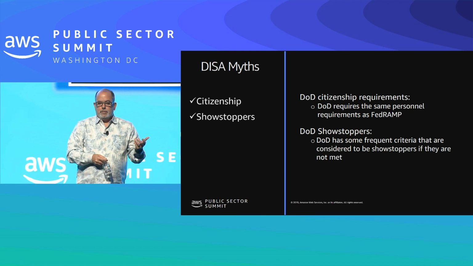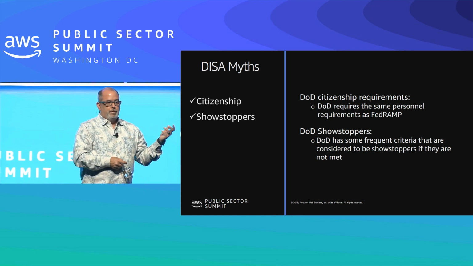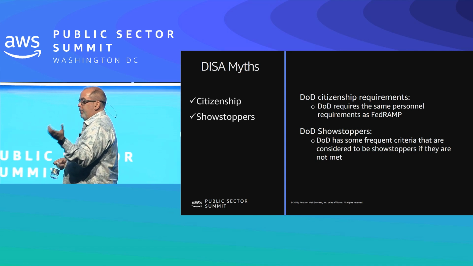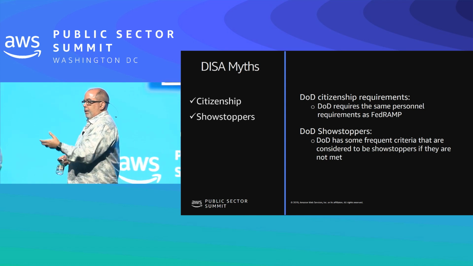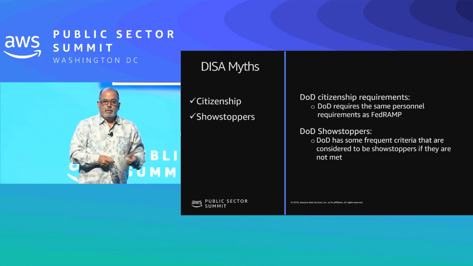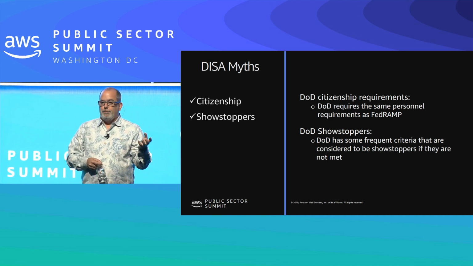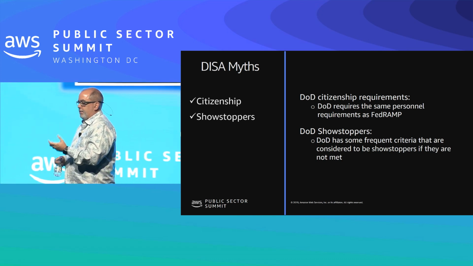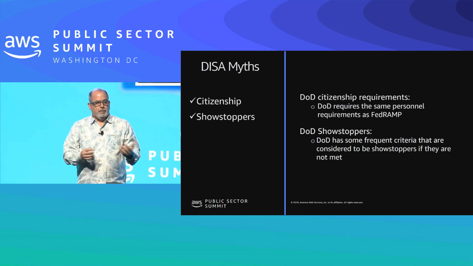Another myth that we run into is the citizenship piece, especially when you're working in DoD. For IL4, you don't have a citizenship requirement, but for IL5 you do. That's why in our GovCloud region we have FedRAMP High, DoD IL4 and 5, and it's run by U.S. citizens on U.S. soil. But one of the myths we get is that if I'm running an IL4, I have to mandate that as a partner to be able to build that, and that's not necessarily it. And as you can see, there are some showstoppers, very similar to FedRAMP.